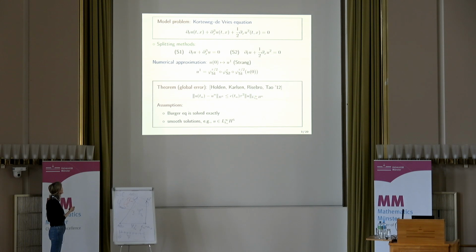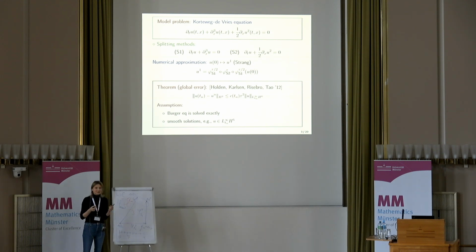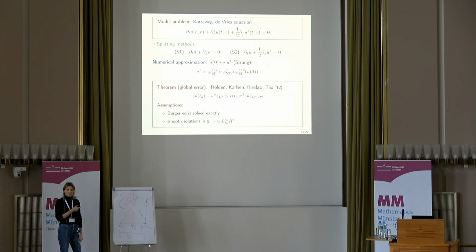And the second assumption in this error estimate is that Burgers' equation is solved exactly. So through the splitting, you have a linear part and Burgers' equation, and you assume that Burgers' equation is solved exactly. Of course, we have a PDE in time and in space, so in the end, we also have to apply a spatial discretization. And if we say, okay, in S2 we use a method of characteristics, the problem is that we do not necessarily end up on the grid points anymore once we discretize in space. And then we know that Burgers' equation has shocks, so we really have to be careful that we do not trigger with our numerical scheme onto the shock. And to my knowledge, no fully discrete, so time and spatial discretization, approach for splitting methods for the KdV